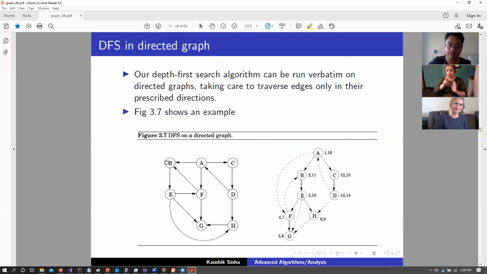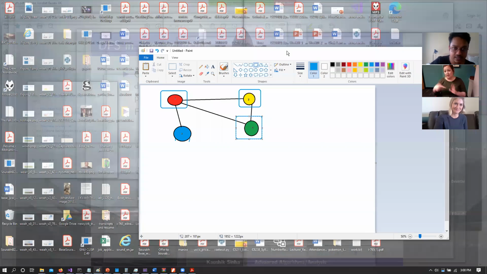So when I say A and B are connected with this particular edge, we can only go from A to B, but we cannot go from B to A. That is not possible, right? So this is a directed edge. And so this is an example of a directed graph, where we would have arrows depicting which direction to go. So if I come back to that previous example here,